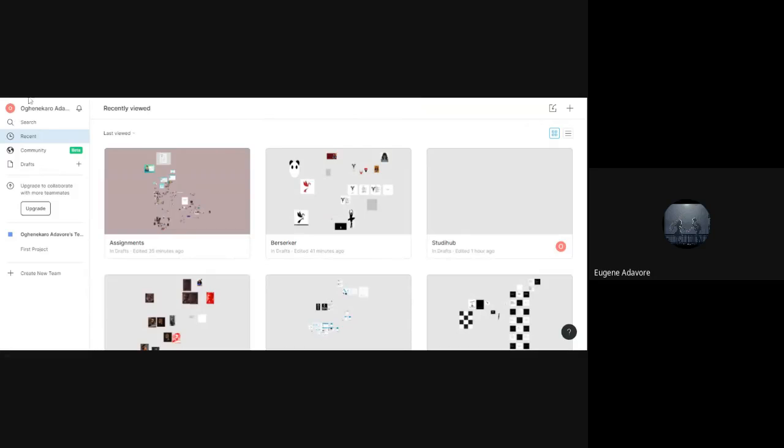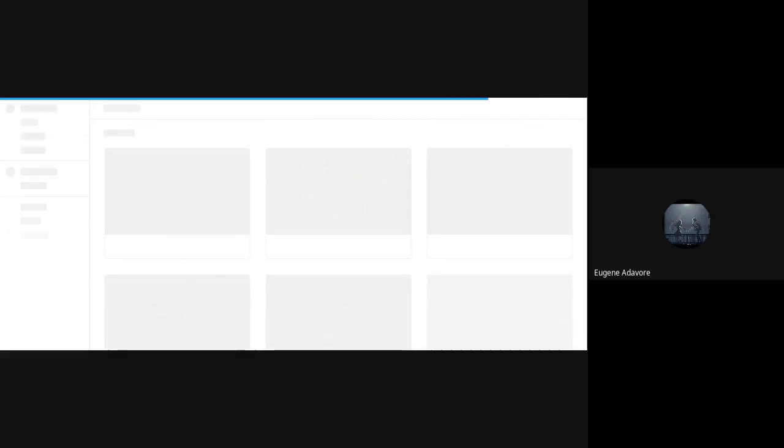This is basically the general interface for a Figma account for someone that has signed in before. In case you are new to Figma entirely, you take into a space where you have to sign in or sign up, either using your Google account, your Facebook, or internet banking account. In case you are new to Figma, what you do is that